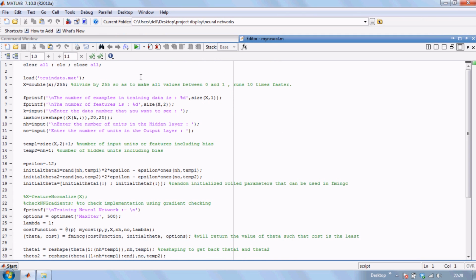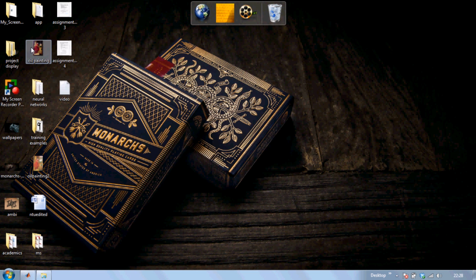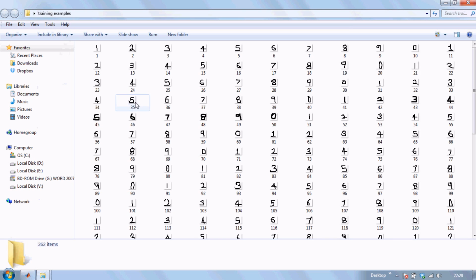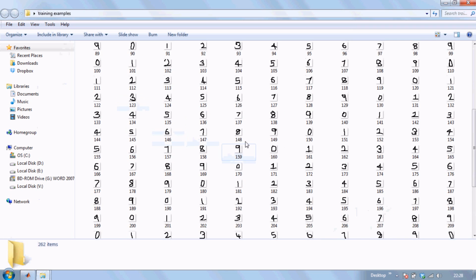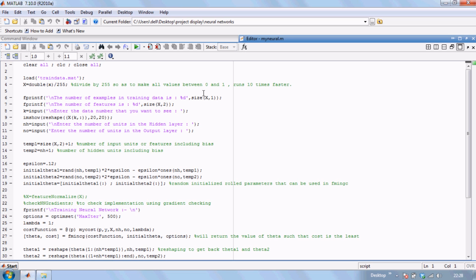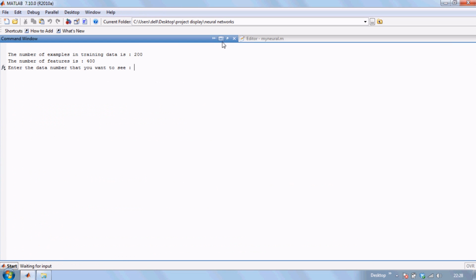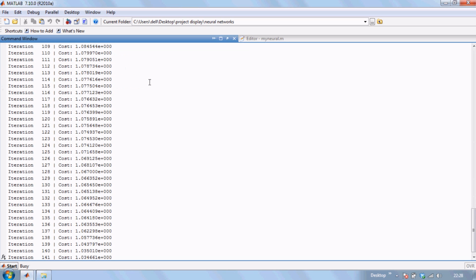Yes, this is called digit classification using neural networks, where I train my network on several examples. These are the examples. I've given it almost 200 examples of 1 to 10 digits. So I'll run the code. Yeah, the number of examples in training data is 200. So I'm going to train my network on 200 examples. Input is 25. Output is 10, 0 to 9. So it's 10 units. So my neural network is actually learning